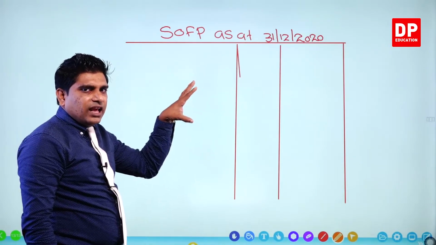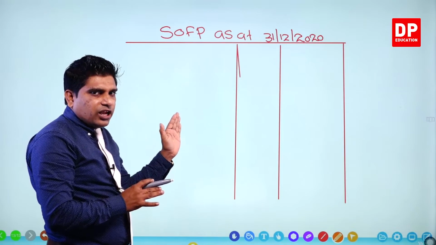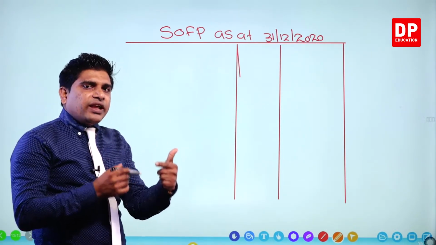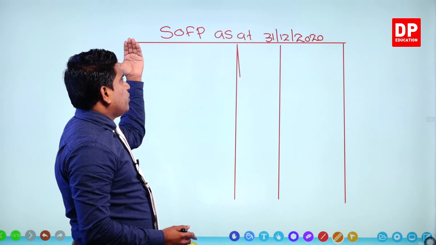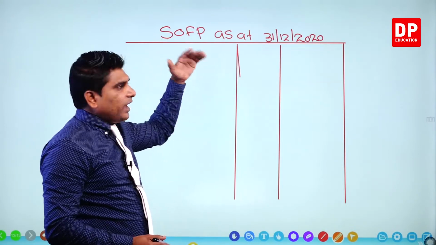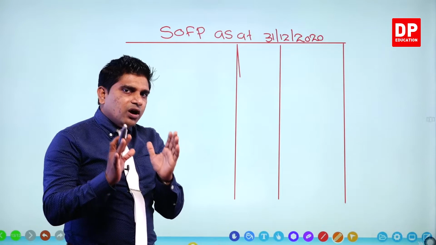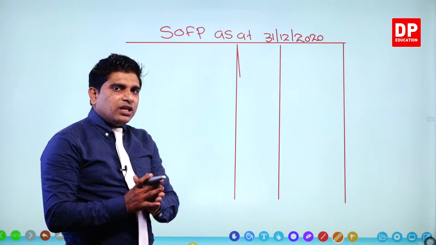But here, I actually focus on how to enter the details in the statement of financial position. In the next activities, we can complete how to record the name, how to record the time period and everything. I include that in the next activities. But here I want to guide you how to enter the details in the statement of financial position according to